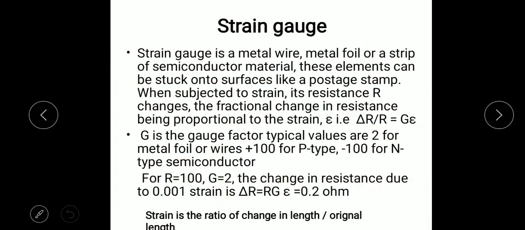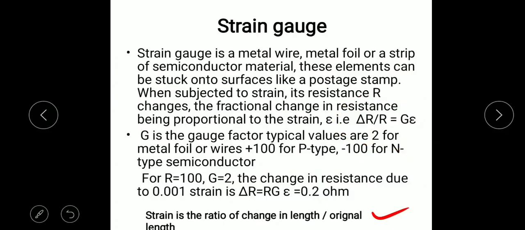Now we will discuss what a strain gauge is. Strain gauge is an important term in mechanical engineering. In mechanics of solids, we have already studied what a strain is. Strain is the ratio between change in length to the original length. And here we have an equation for strain gauge: delta R divided by R is equal to G into